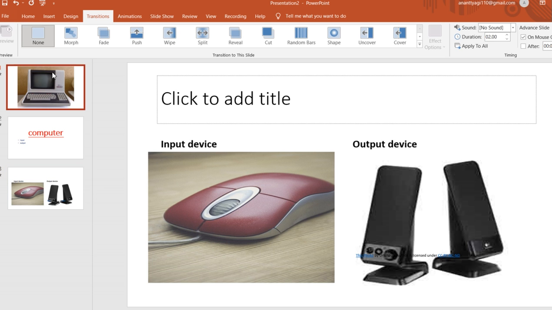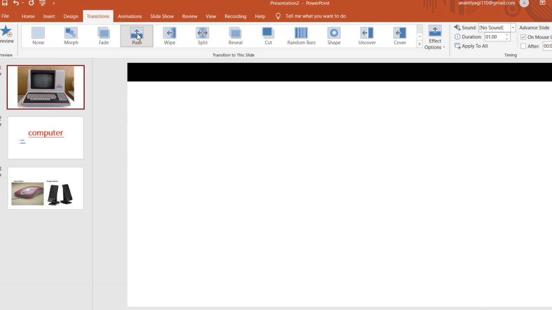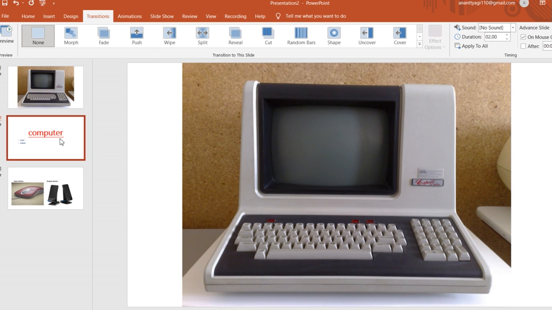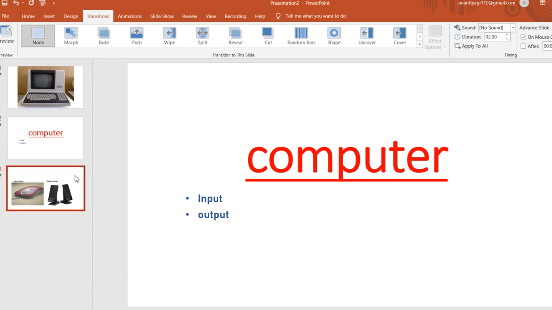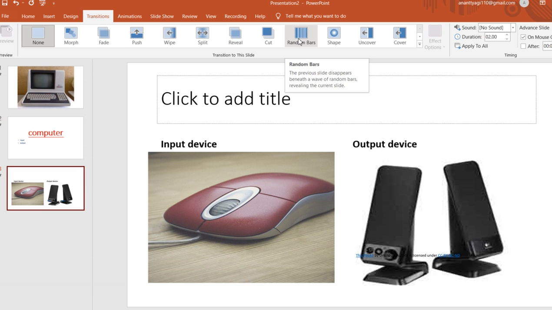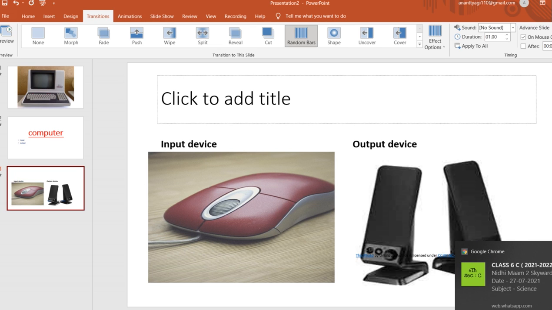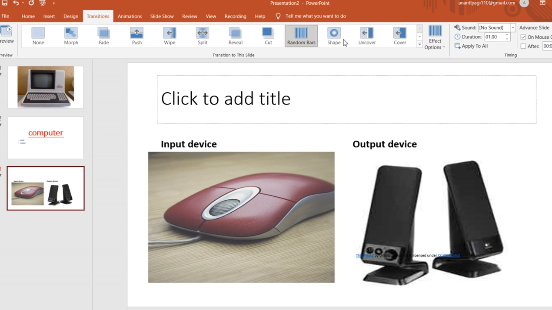I will take first slide 1, then apply. Okay, then I will take slide 2 and apply split. I will take slide 3 and apply random bars. On the third slide I will take random bars like this. Okay, or shapes like this. From this option where you will see